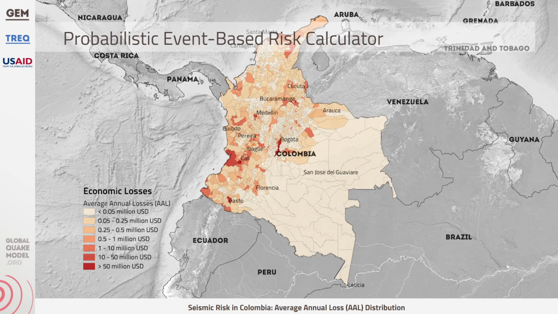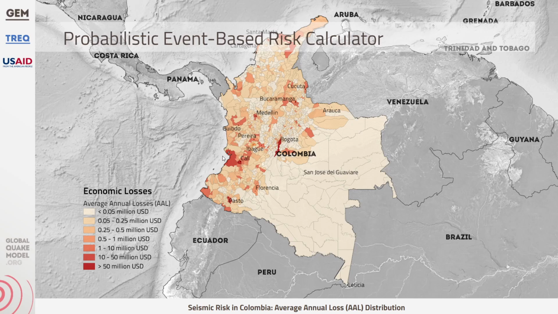So using the average risk matrix of every asset, it is possible to visualize the distribution of the impact in, let's say, economic losses through average annual loss maps. And what I am showing here is an average annual loss map coming from the event-based analysis that we just did for Colombia. So in this case, what we're looking at is the average losses per each administrative region